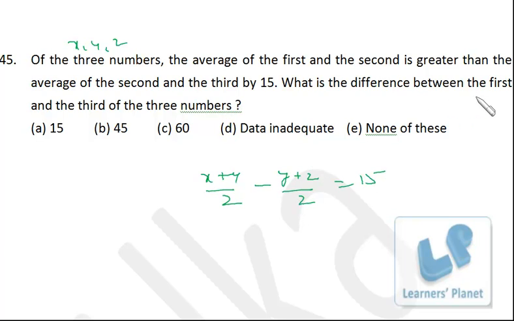Now what we want is the difference between the first and the third number, that means x minus z we want, right? So here y and y cancel, so x minus z is actually 30, right? x minus z is 30, right? So that's none of these. Okay,